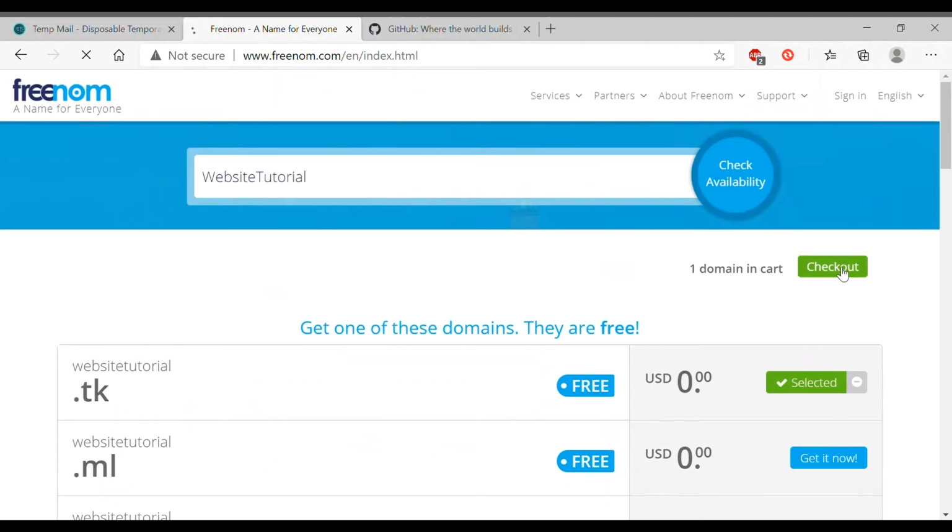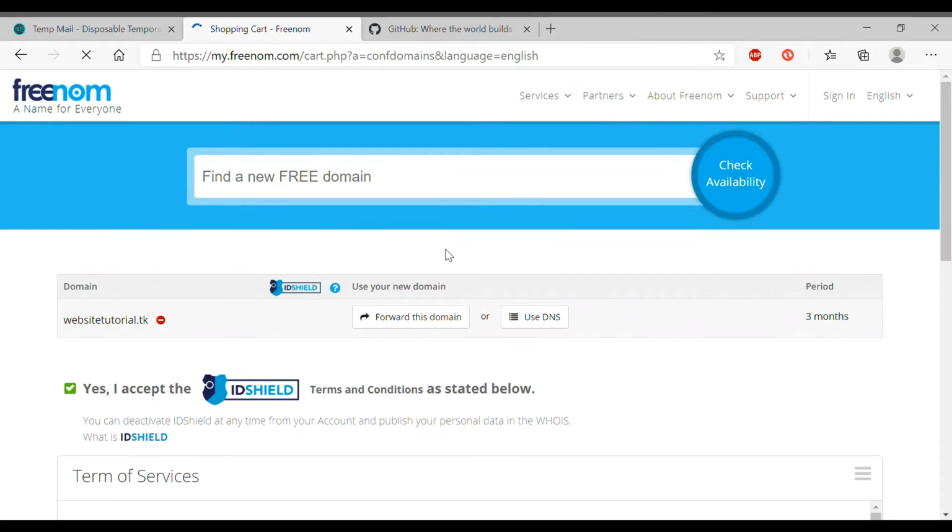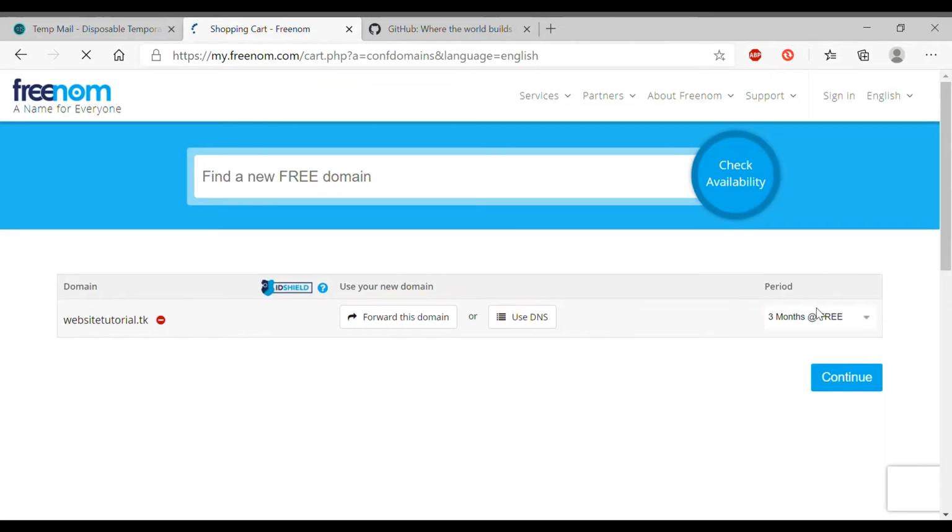And you're going to go to checkout. Now, see right here, 3 months ad free. You can get up to 12 months free, and you've got to pay. But so, 12 months free. Don't mess with this stuff just yet. See websitetutorial.tk, and then you get 12 months free. Continue, and then